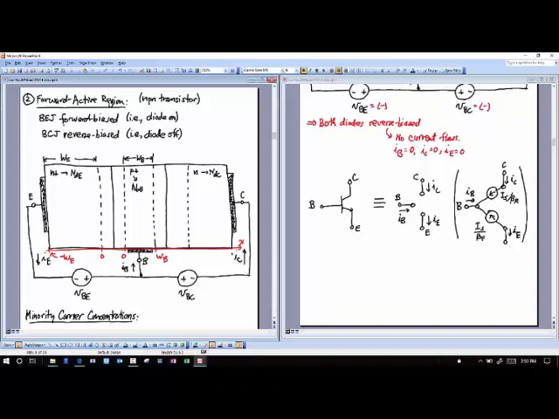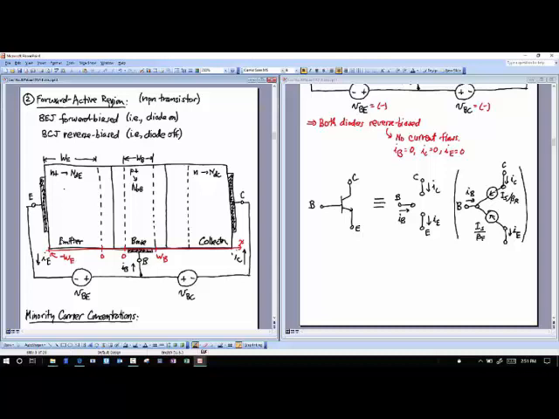In forward active, again, the base emitter junction is forward biased. That means the diode is on. Let me write some of that in. So that's my emitter, this is my base, and this is my collector. It's an NPN device, so the emitter is N plus doped, to a concentration NDE. You're familiar with these things from diodes. Everything here is the same as diodes.